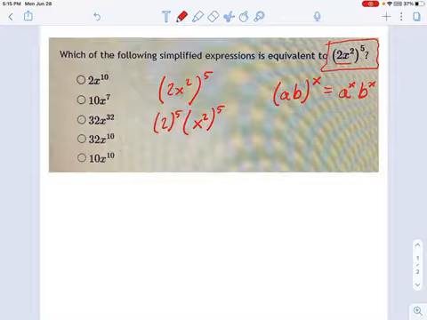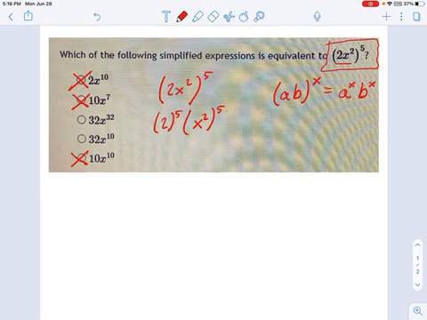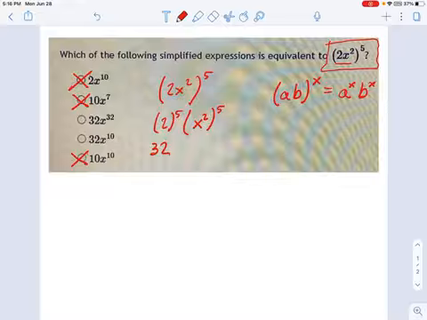So I'm looking for 2 to the fifth power. Now, remember what 2 to the fifth power means. That's 2 times 2 times 2 times 2 times 2, 5 times. So it's not 2 times 5. And you can see some of these answers have 10 in them. Well, that's just completely wrong. And one of them doesn't even worry about the exponent on the 2. It just has 2 there. Well, that's wrong. 2 to the fifth power is 32. And you can use that simple fact to narrow this down quite a lot.